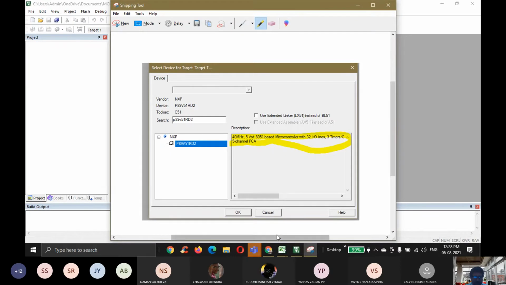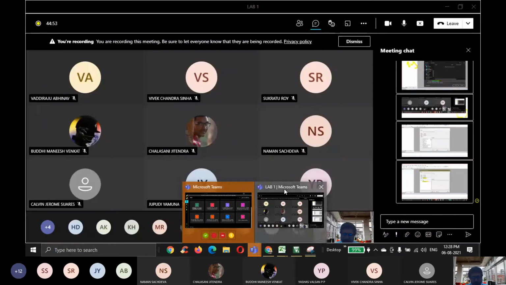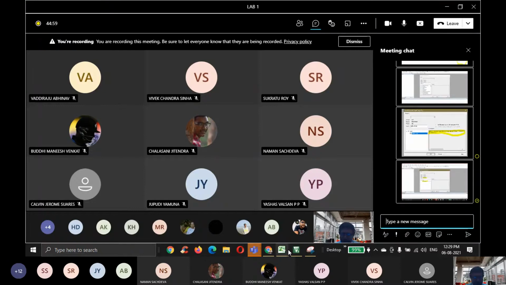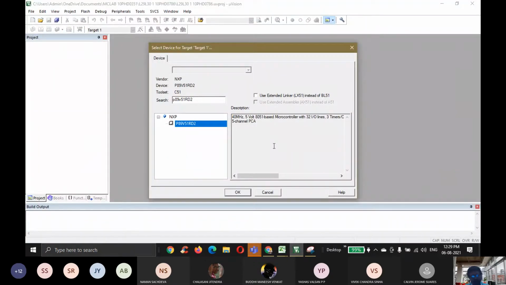So these are the specs of this particular IC. It may slightly differ from the Intel 8051 in your textbook, but it is not an issue.